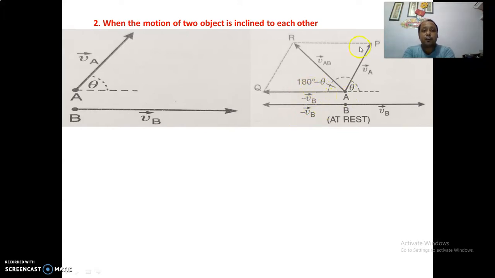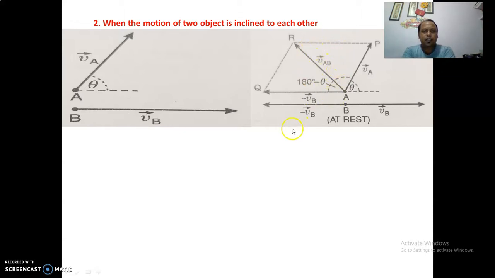here also to VA. So we will use the parallelogram law of vector addition, because minus VB and minus VA form the two adjacent sides of the parallelogram starting from the co-initial point. So this will be the resultant vector VA. In the same line, if they were moving in the same direction or opposite direction, the resultant was calculated either by adding or by subtracting. But here the resultant will be calculated by the parallelogram law of vector addition, and we will see that VAB,